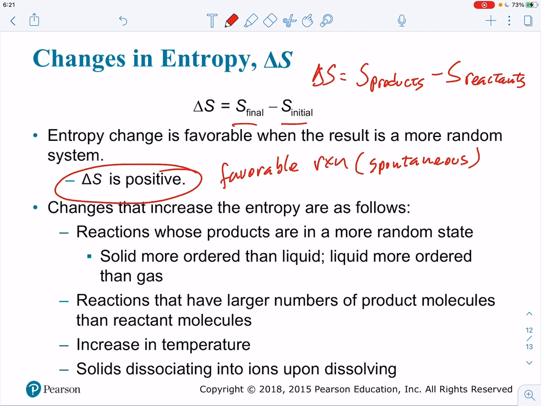But remember, entropy alone does not control spontaneity. You have to consider the change in enthalpy. When you have those two together, then you can predict, okay, this reaction is definitely spontaneous or non-spontaneous. Okay? So how can you predict, without doing any calculation, the change in entropy for any system? Well, if you're looking at reactions,